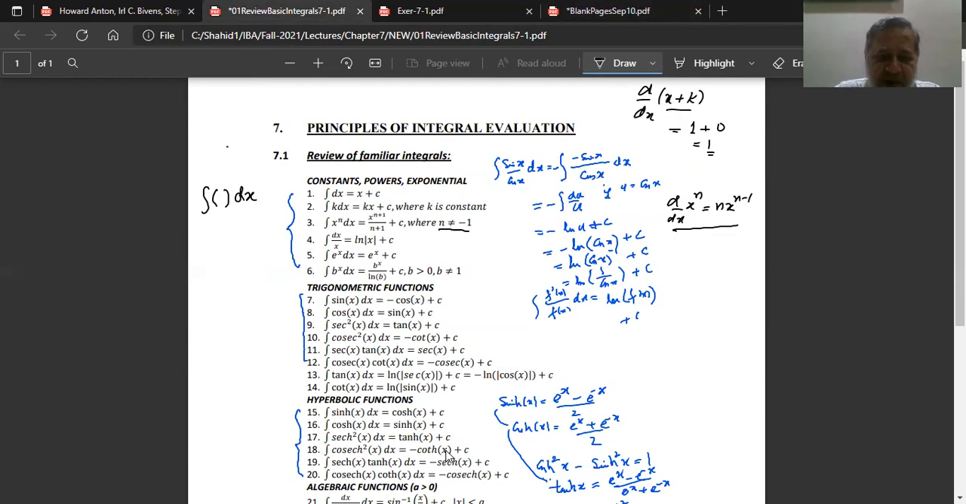So e power x, the derivative, we know that it's e power x, so its antiderivative should also be e power x. And if instead of e power x, you have b power x, then the antiderivative is b power x divided by ln b. The reason for that,